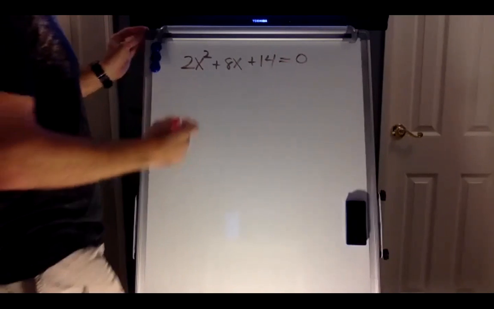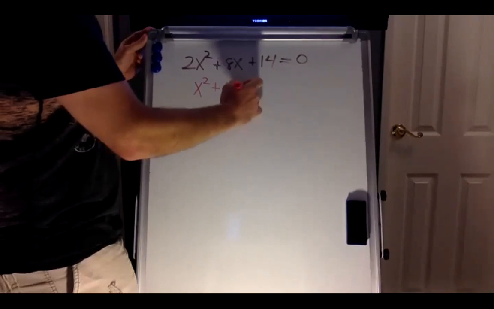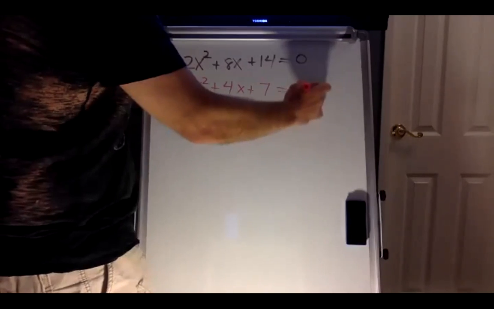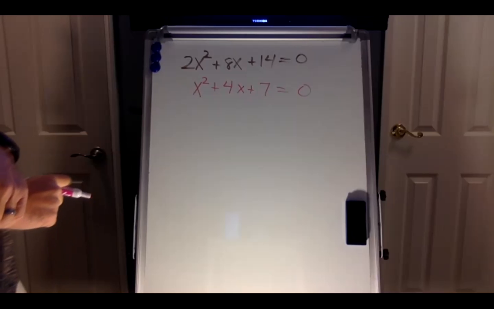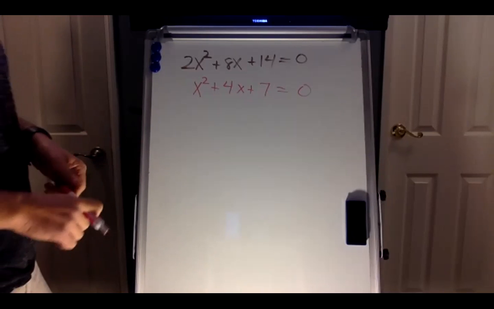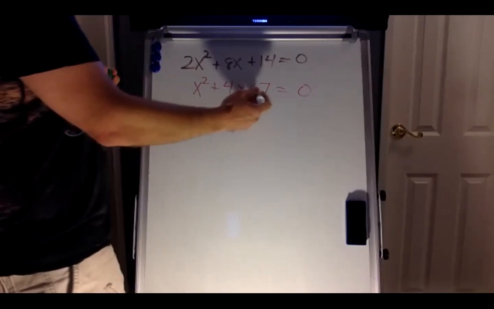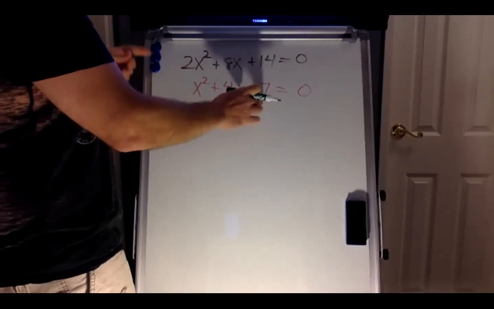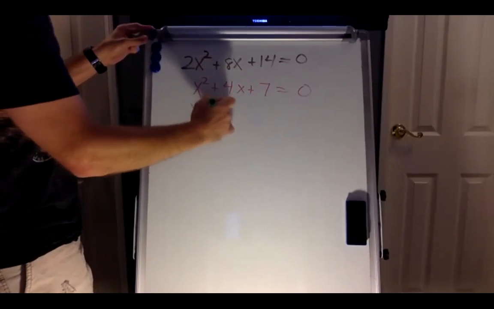Hopefully the first thing everybody did was divide everything by 2. Yeah, don't you get an imaginary number because you have to subtract 3? I don't know. I haven't done the problem yet. Yes, you do. The next thing I want to do is get rid of the 7 because that's not going to help me get my perfect square. So I'm going to have